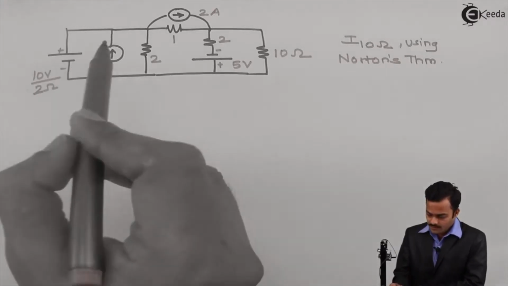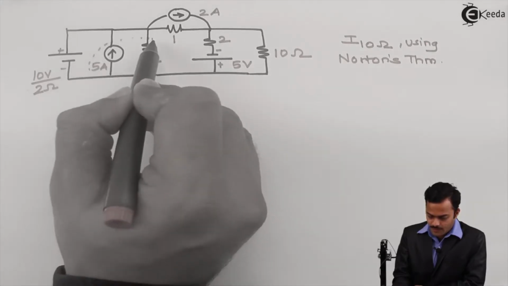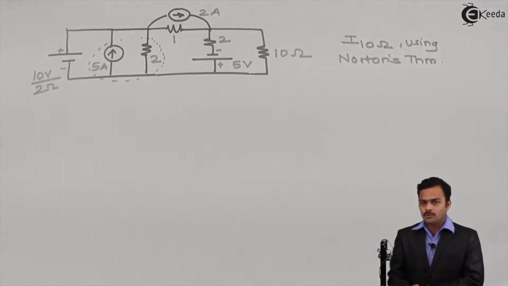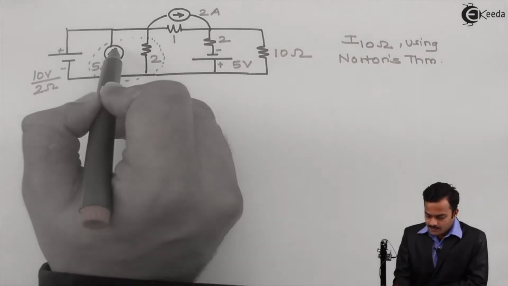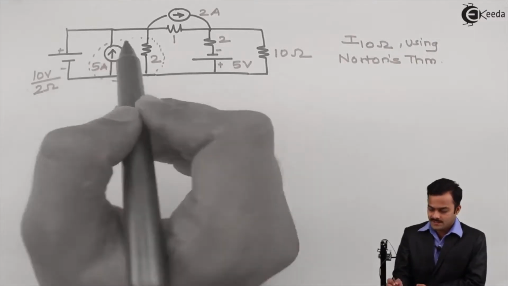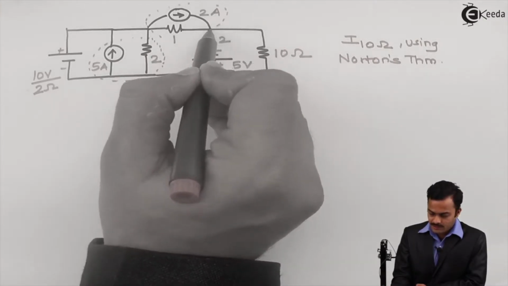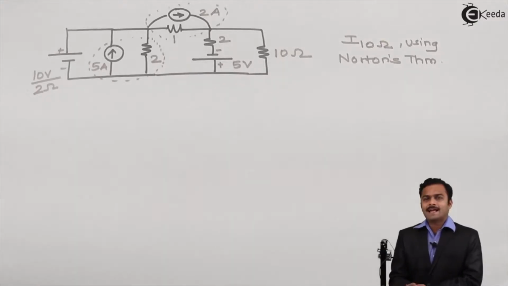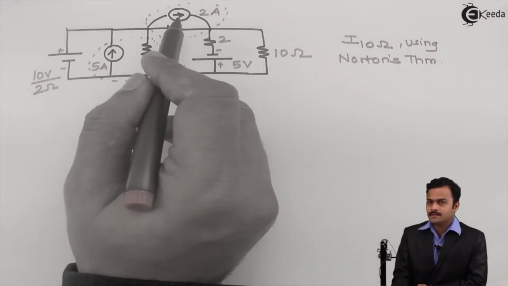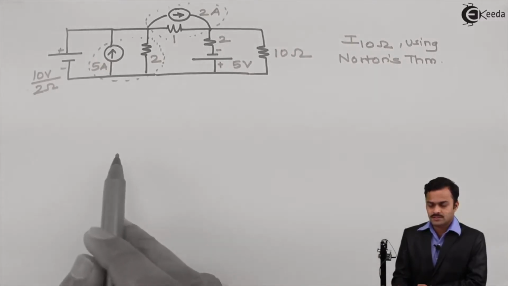How? If you see properly, I am having a current source in parallel with a resistance, which I can convert into a voltage source. So what will happen? This loop will go, only one branch will come. So I am reducing one loop. Secondly, the same thing is applicable for this. A current source is coming in parallel with a resistance, which can be converted into a voltage source. So yet another loop I can reduce. So let's apply all this and redraw the circuit.